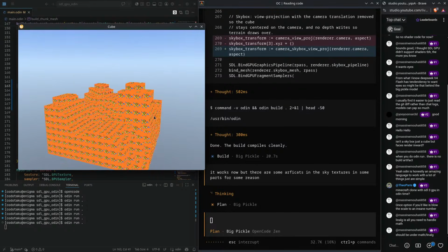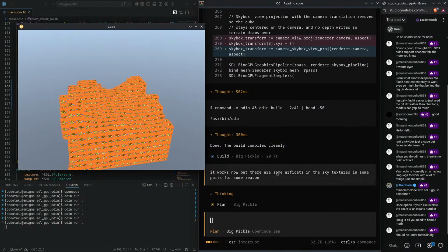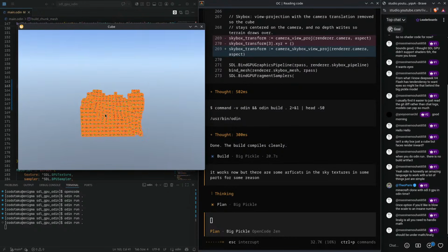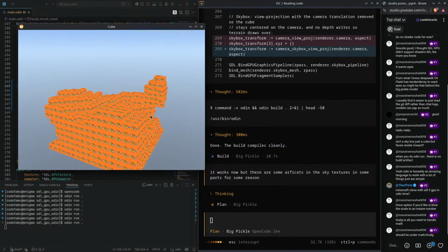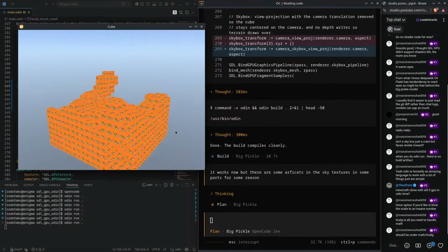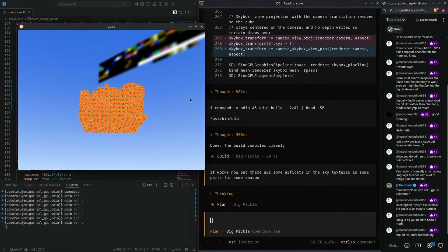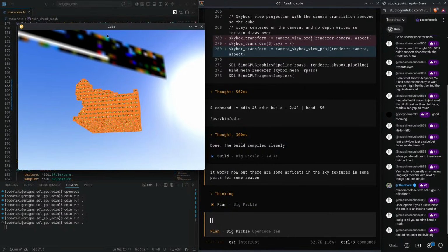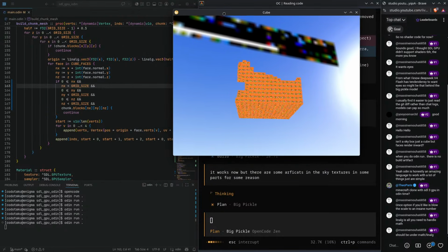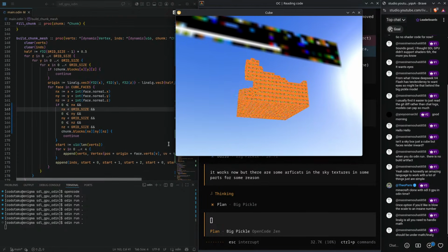But yeah, as you can see, if the AI is stuck in some thought loop, it just doesn't want to change its mind and re-verify its logic. You just start a new session and you call it a day and boom, done. But now we still have this weird issue, which I'm not sure where it's coming from. But anyways,